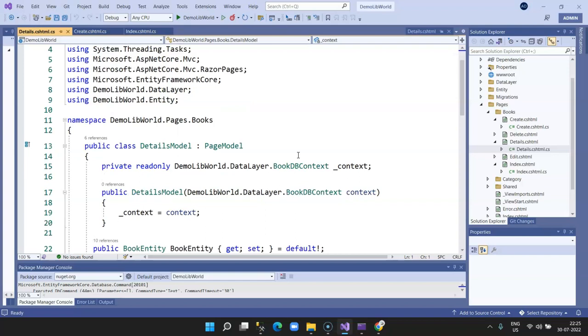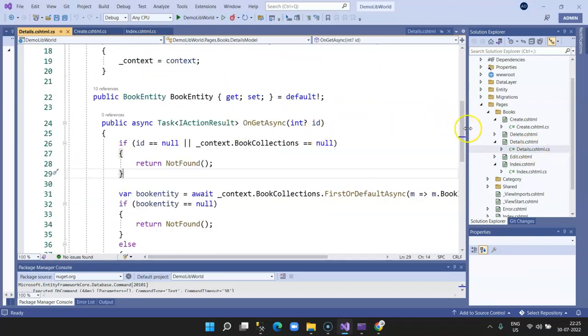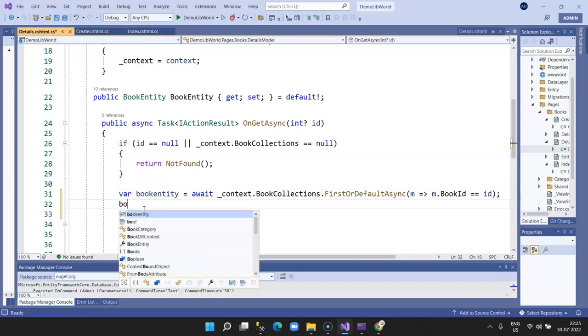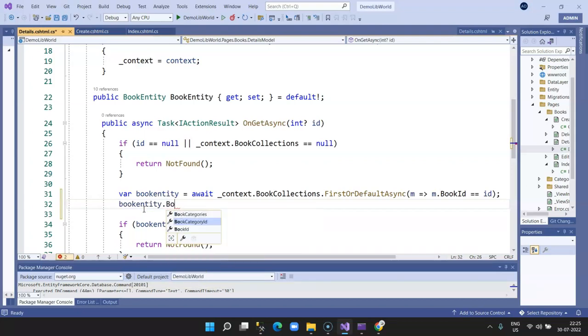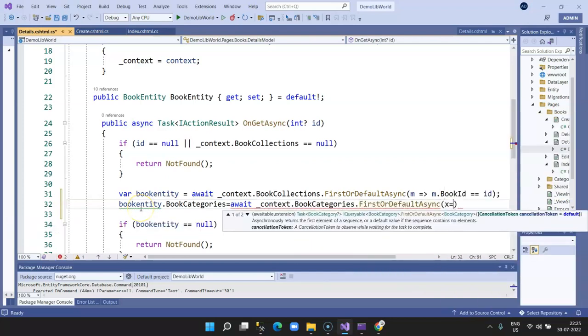Okay, so let's make the changes in the details page. Here what happens is that it is fetching the details based on an ID. Now this is the code where it fetches the book details. What we are going to do is say book entity dot book categories and await _context dot book categories dot first default async. It's the same code which we wrote earlier,